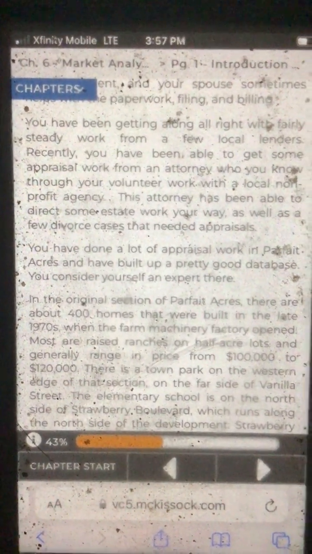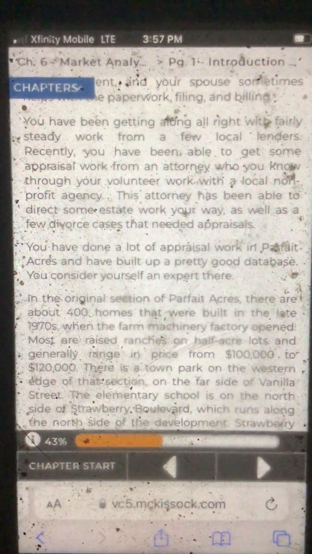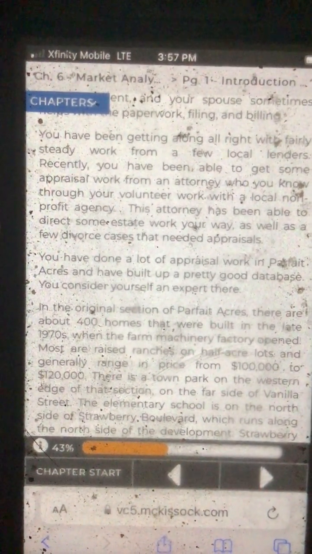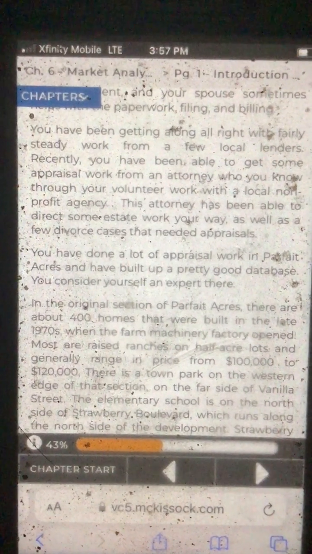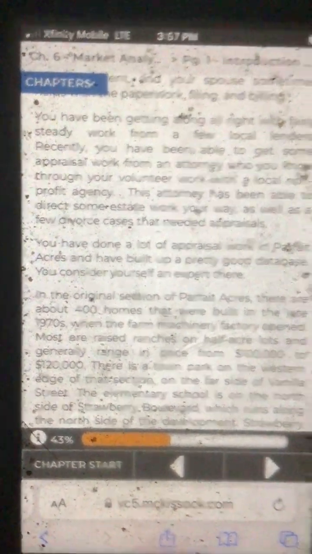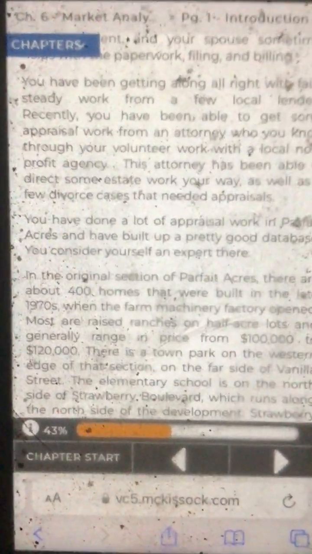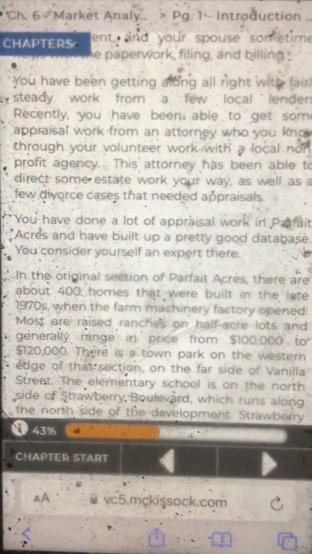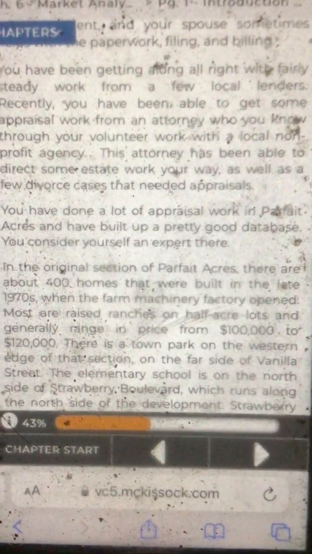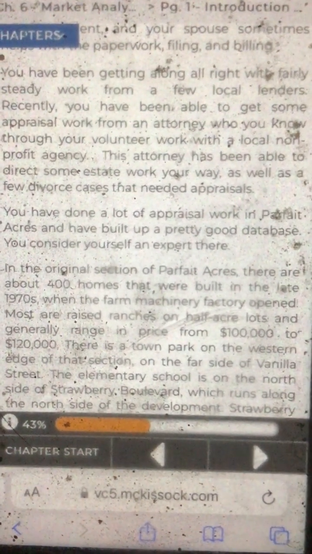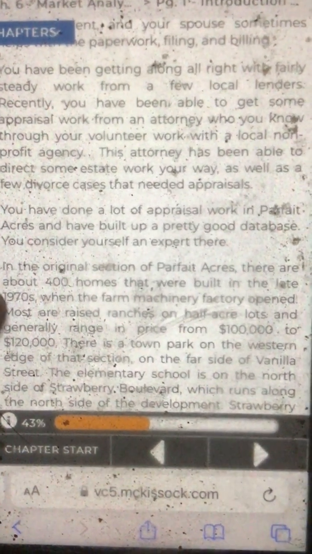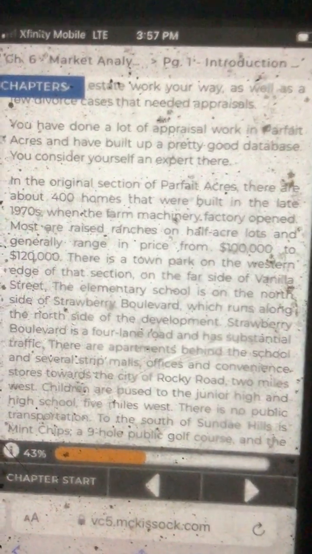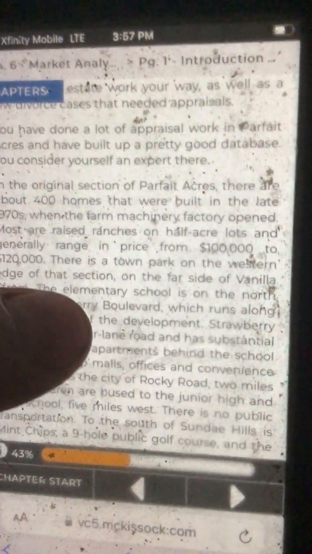Recently, you have been able to get some appraisal work from an attorney who you know through your volunteer work with a local nonprofit agency. This attorney has been able to direct some estate work your way, as well as a few divorce cases that needed appraisals. You have done a lot of appraisal work in